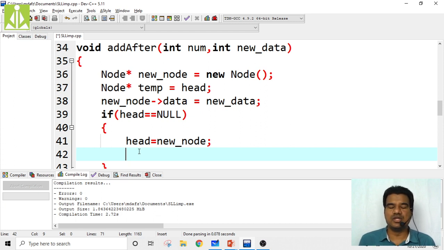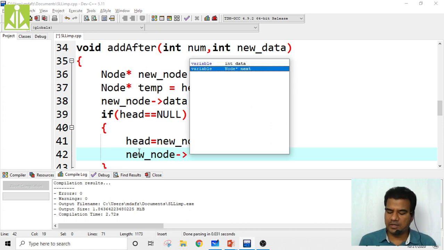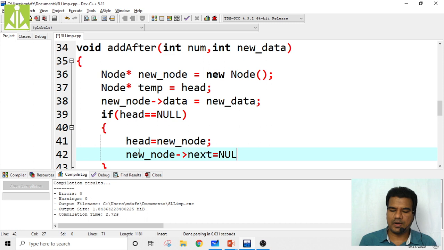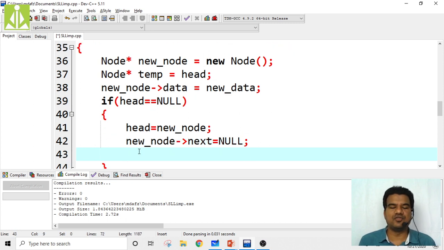So we have to make new node of next equals null, because that is the first node and that itself is the last node. If your linked list is empty and you have already inserted the new node, then there is nothing more to do. So return.